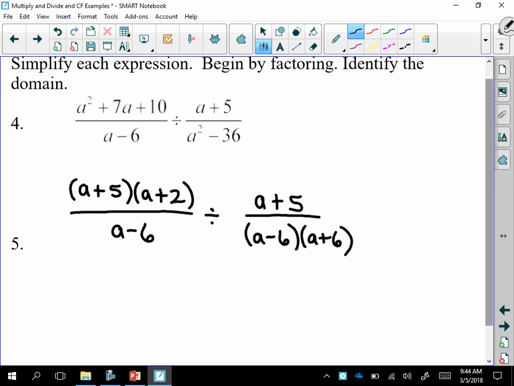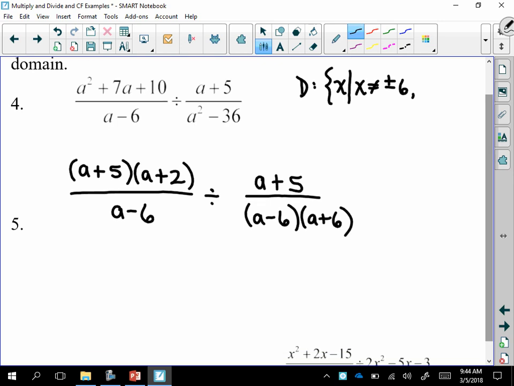But you got to be careful with the domain of division problems, because you want to start by identifying the domain before you flip and then again after. Right? So for example here, tell me before I multiply by the reciprocal, what can x not be? 6 and negative 6. I'm going to leave that open because now when I flip this over,